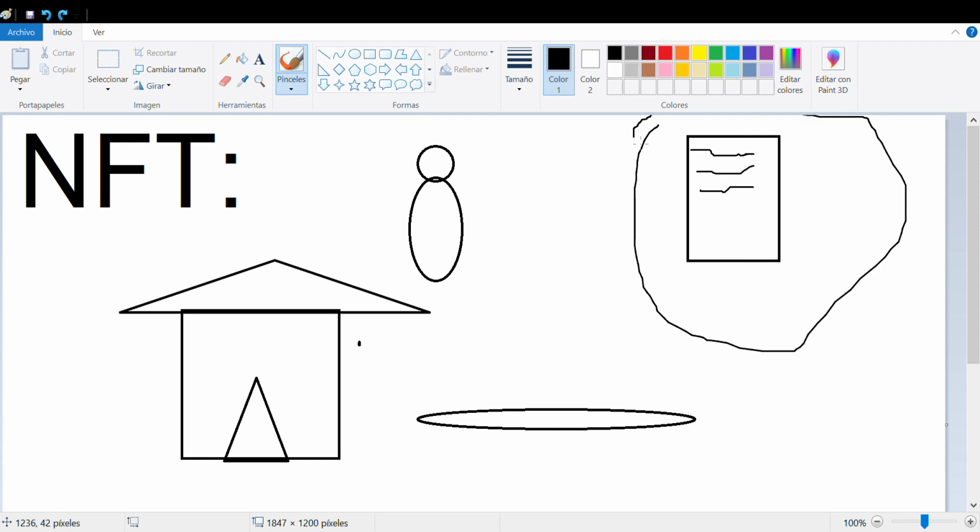But no, it's not because you have this letter. It's because of the trust that this government gives you this permission. If I just write in a document that I am the owner of the White House, that paper doesn't mean anything, right?